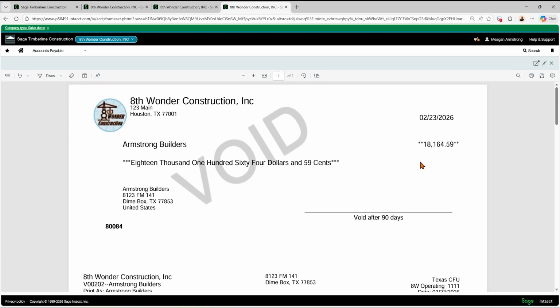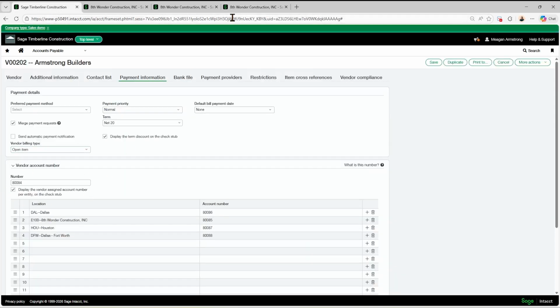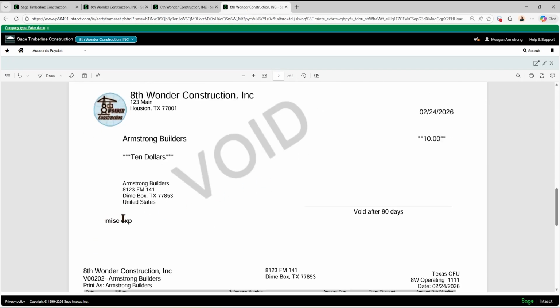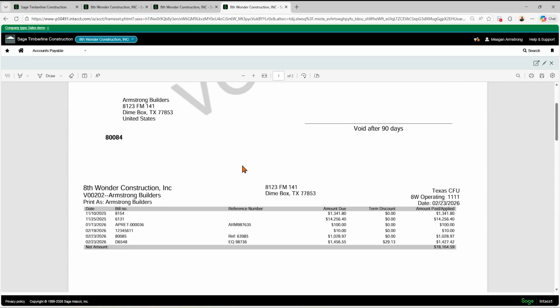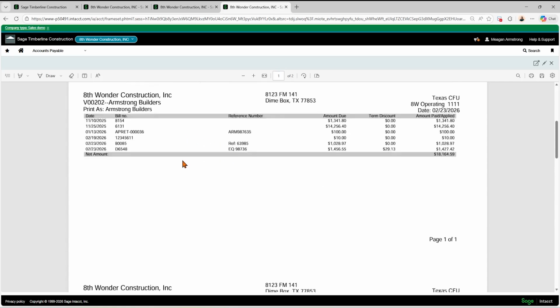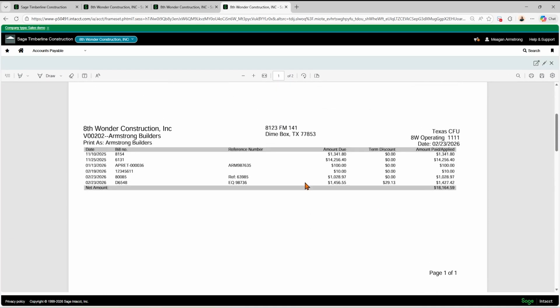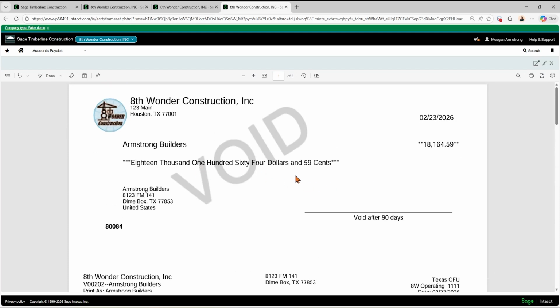So I have my check to be printed at the top section of my check stock. So here it is. Here's that account number for the whole company in my memo here. And if we scroll down to the second check, there's that miscellaneous expense that I typed in when I printed out that check. I also checked the box when I printed it out to have the check stub details on this first check.